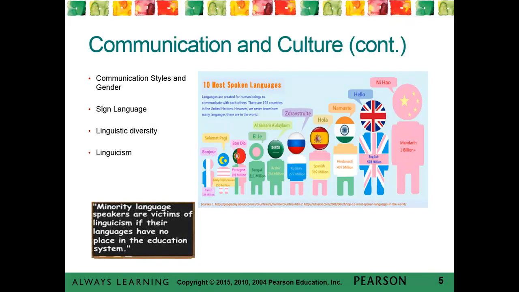We need to be aware of this relatively new term known as linguicism, and linguicism is a form of discrimination. And we all know that discrimination equals prejudice plus power, and that power can be exercised through language or policy or an action. There are many forms of discrimination like ableism, sexism, classism, racism. Linguicism is another form of discrimination. And we need to know that many of us are perpetrators of linguicism.